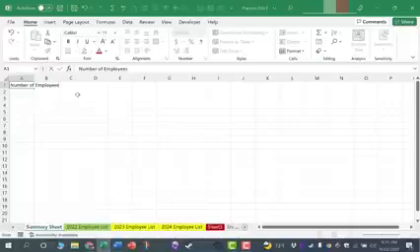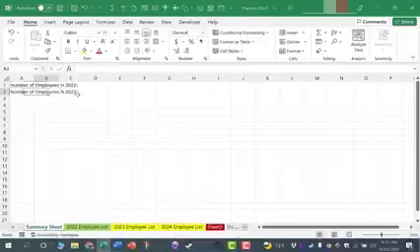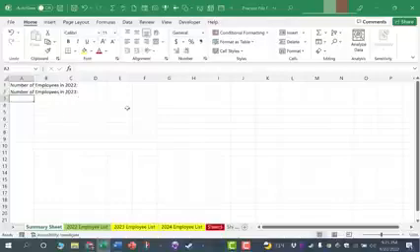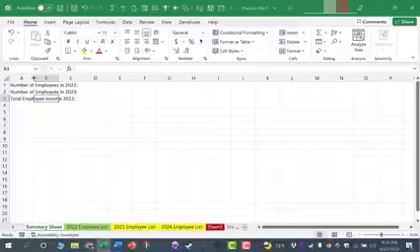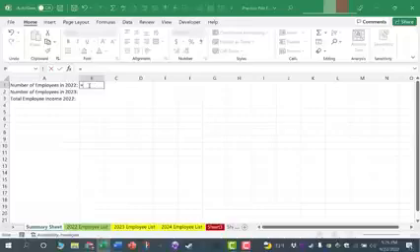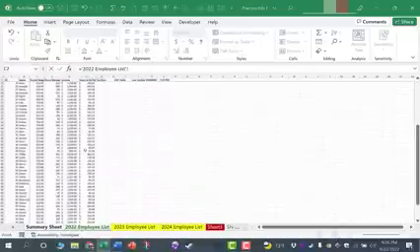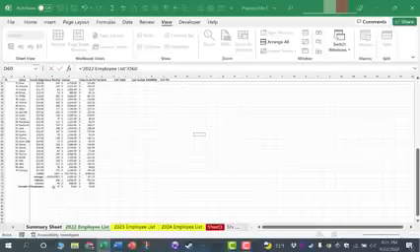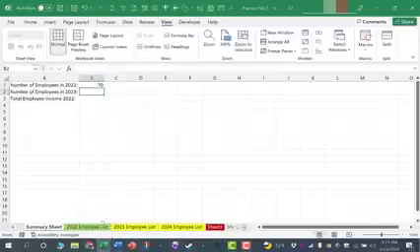So I'm going to type in number of employees in 2022, colon, I'll tap enter, number of employees in 2023, tap enter, total employee income, 2022, and I'll just stop there for now. I'm going to double click between A and B to make sure the data fits within the column. And then here in cell B1, I'm going to type equals, and I want to now pull in this information from this other worksheet. So I'll just click on that worksheet, the total number of employees, and then I'm just going to click here on the total number of employees and then tap enter on the keyboard,